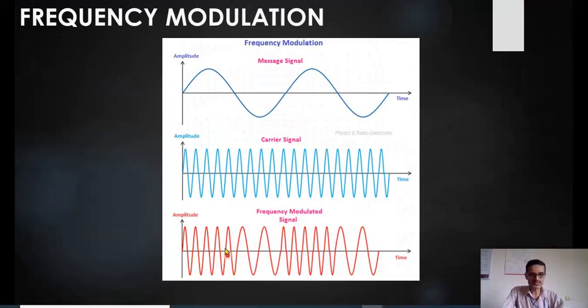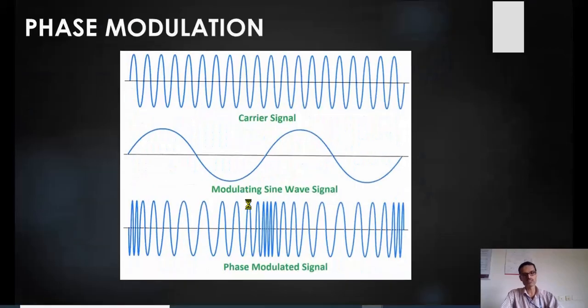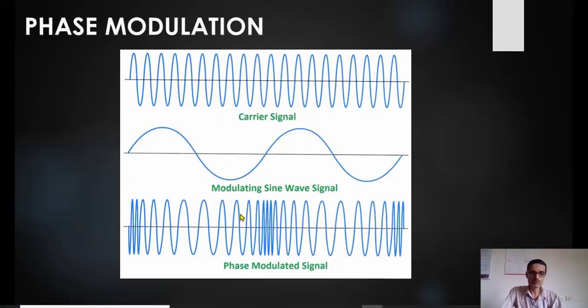As the frequency changes with respect to the original carrier, the phase is also changing. So as frequency changes, phase changes. If I change the phase of the signal, the frequency also changes. But what is the difference between phase modulation and frequency modulation? The difference is that the frequency or the phase of the signal changes only when the amplitude is increasing. As the amplitude decreases, the phase also decreases, and the frequency also decreases.